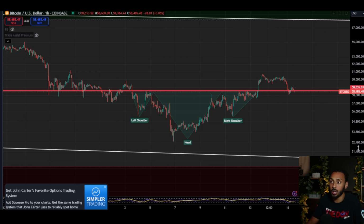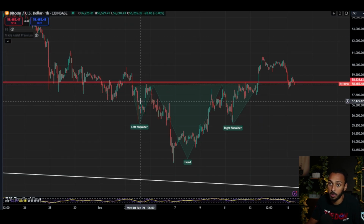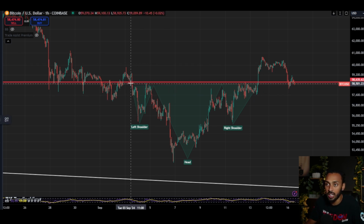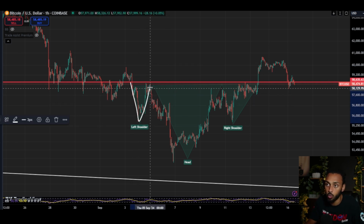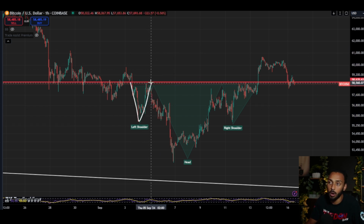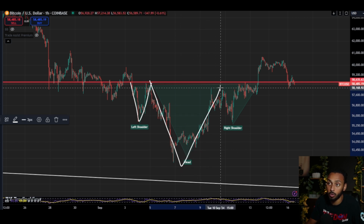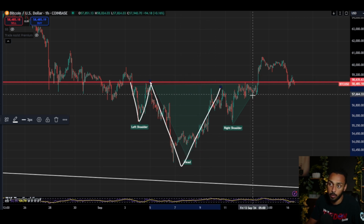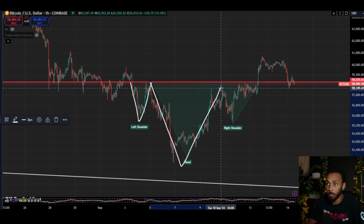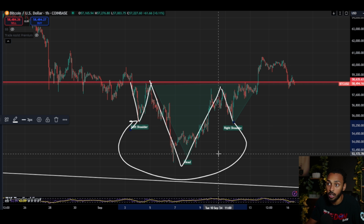Now, the way in which we're going to do that is by paying attention to what's happening with this inverse head and shoulders, in which has been forming for the last about 12 days or so, roughly. What you can see here is that Bitcoin put in a little bit of a swooping low right here, right? We just swooped right down, came right back up to this same level. Now, once that happened, we then set a much lower low all the way back down here before returning back up to roughly the same little level, the same little range. From there, Bitcoin then returned back to that same exact low that we put in back here prior to the